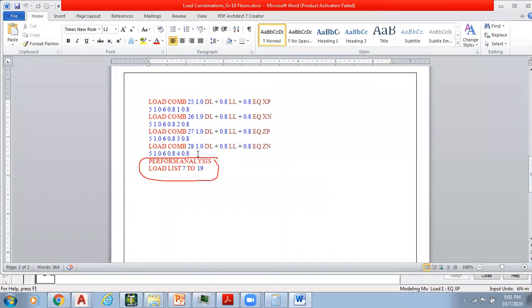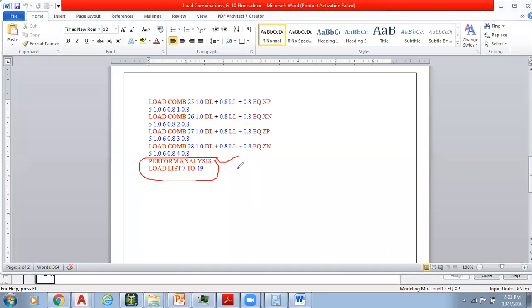Once we add the combinations to the structure, the next step is to inform StatPro to perform the analysis, which can be done by adding this first statement, perform analysis. And the last one is load list. What is the advantage of adding this load list? It is, in fact, a very key point.